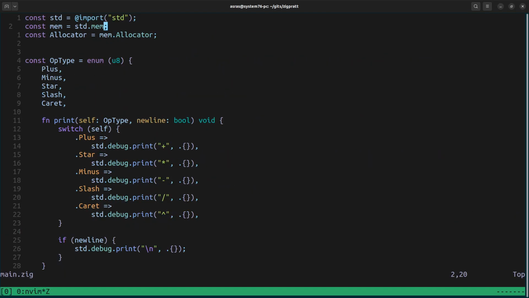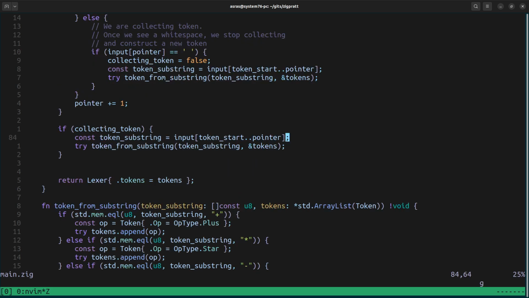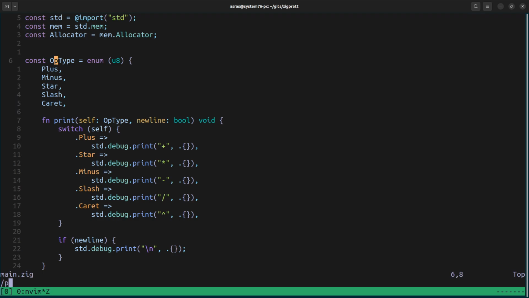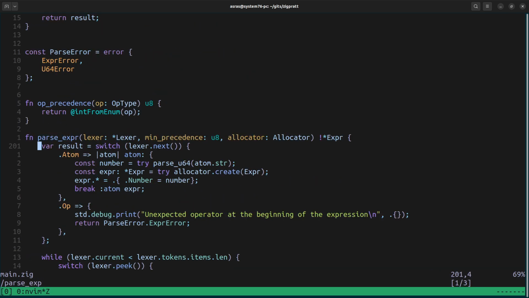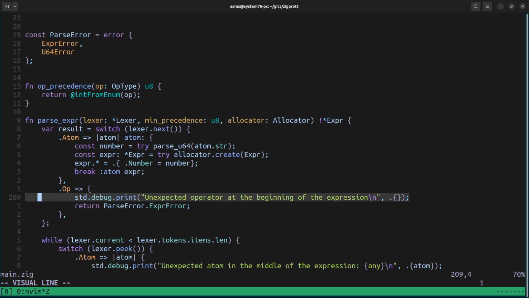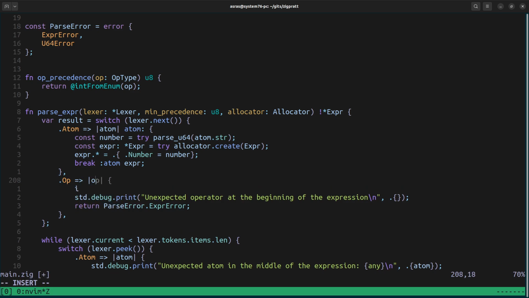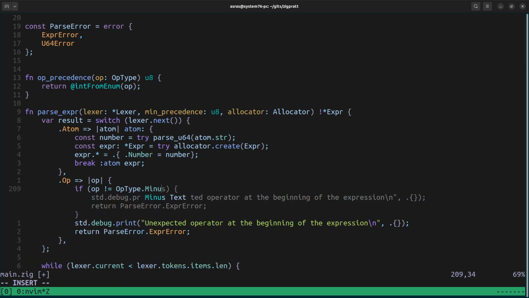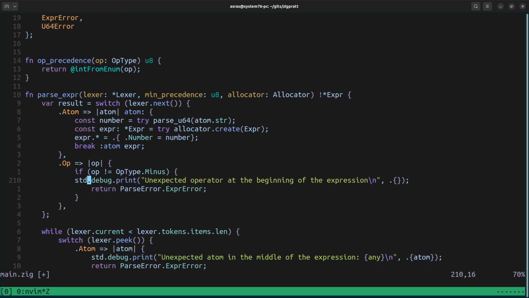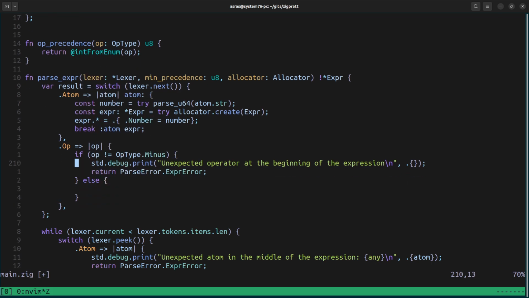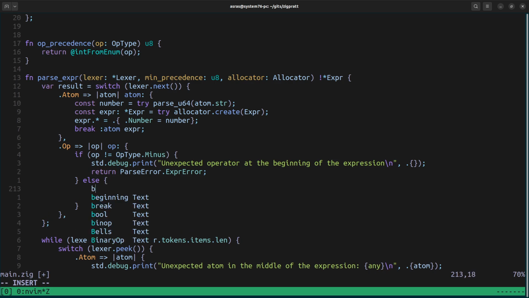Okay. I won't really look at the code, but let's go ahead and go into parse expression. And before we return an error, but now we can do the following. So let's get the operator out. And if the operator is not equal to minus, then we'll throw an error still. But otherwise, we can say, and we have to label this. We can say break